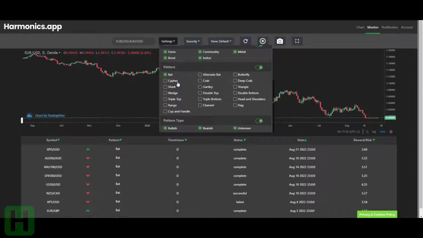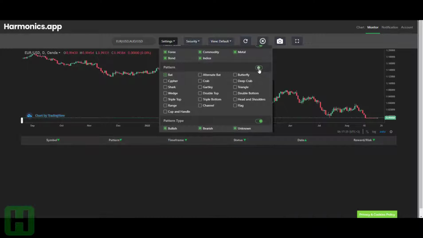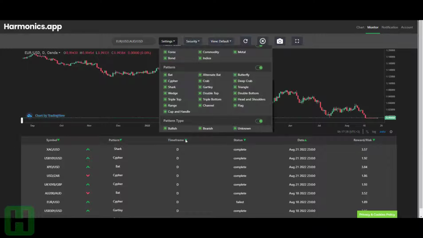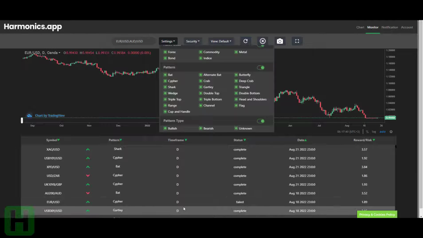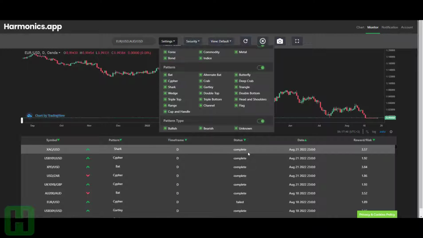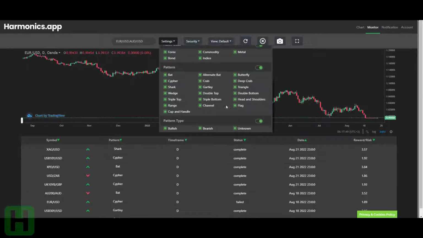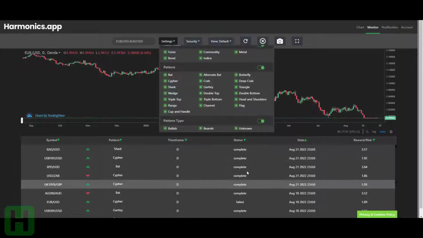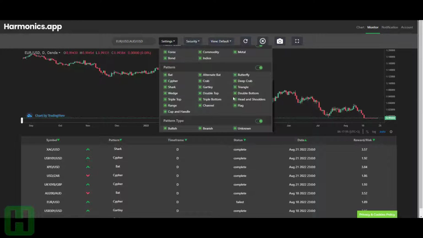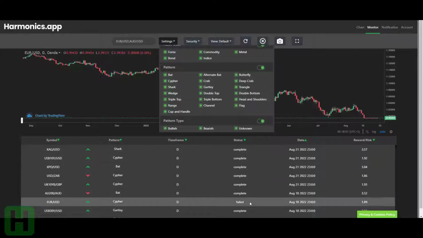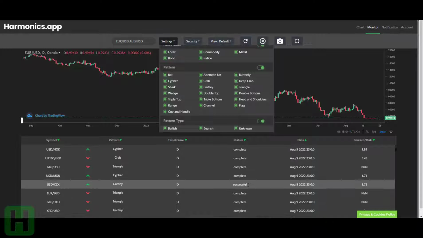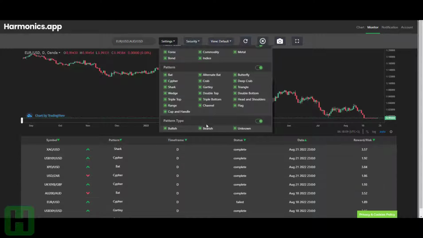Then below here, I have which pattern I want to filter between all of these patterns. When you select all of them, you will have them all listed below with the daily time frame, and they all are complete. If you have not checked the video about what complete means, please watch it again, because I'm explaining what complete means, since a complete pattern can be failed and can also be successful. I will not get into this topic right now,